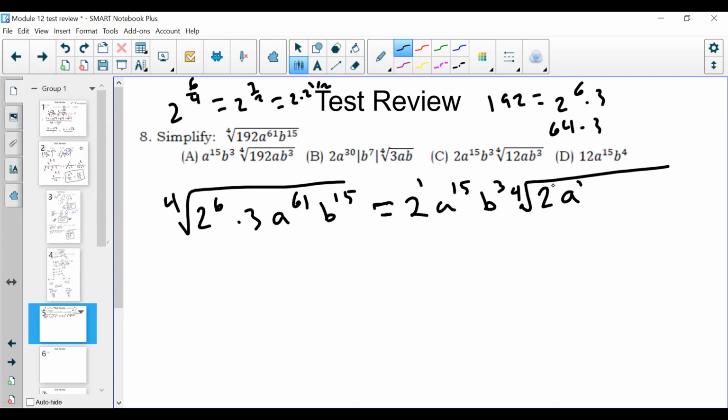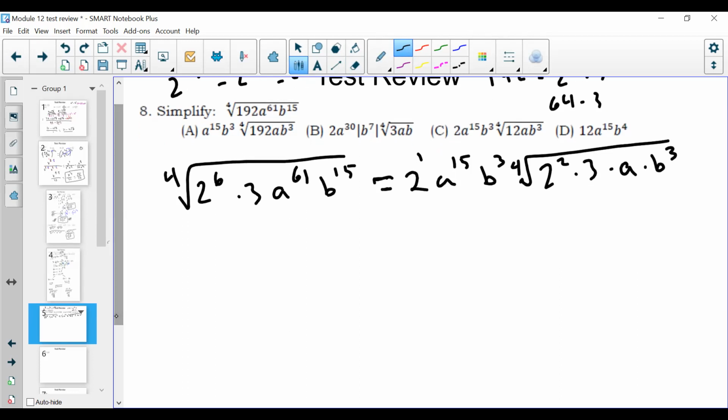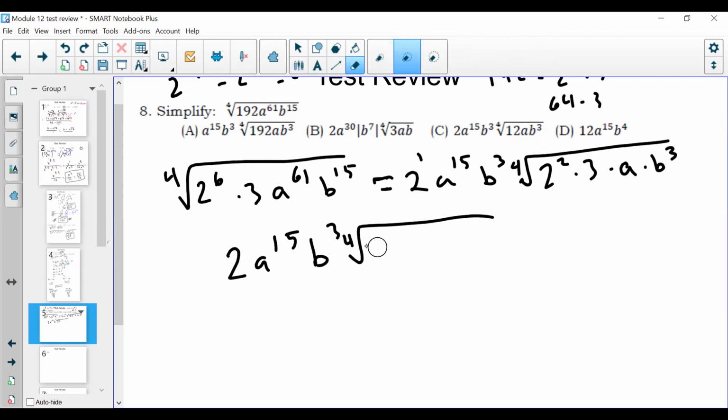Okay, yeah, you're right. Sorry. 2 left over here inside though. And then I also have the 3 I forgot. All right. So I have 2 2's left over, so I have 2 squared. I have that 3 I couldn't do anything with. I have 1 A left over, and I have 3 B's left over. So I guess you can just rewrite it a little nicer. So you have 2A to the 15, B to the 3rd, the 4th root of 4 times 3, which is 12,